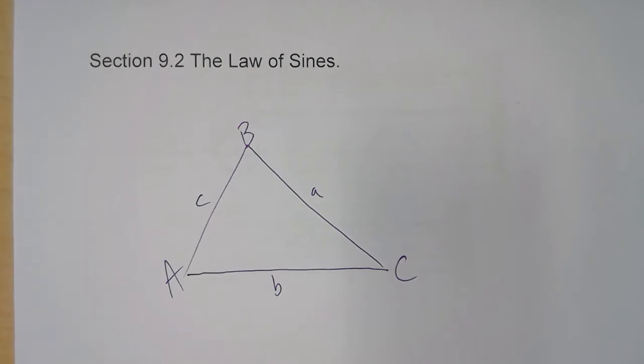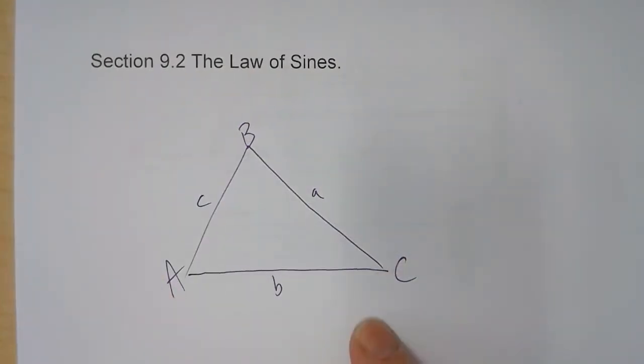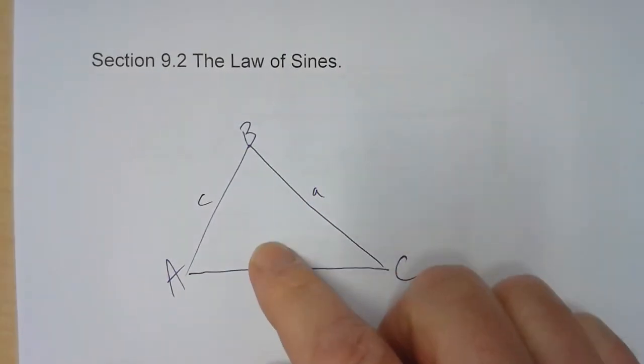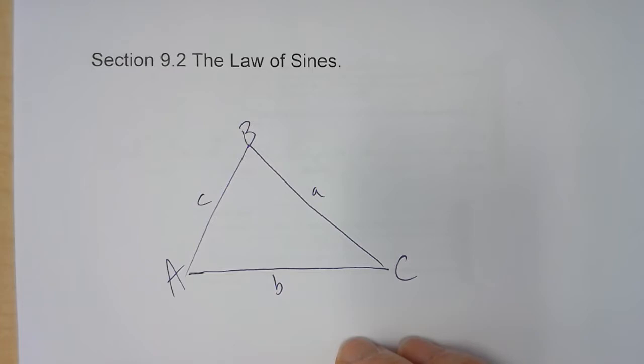Section 9.2 is the law of sines. We're able to solve this triangle. This is not a right triangle. This could be lots of different angles. It could be acute or it could be an obtuse triangle, but we can solve it using what's called the